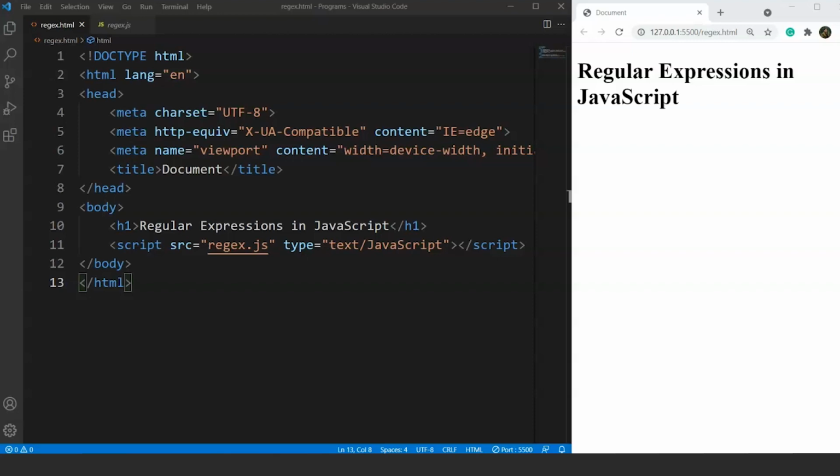So regular expressions are present in almost every programming language. It's not limited to JavaScript only. And the concept remains the same everywhere. The syntax may differ a bit between different languages, but the logic behind them will always be the same. The name might be a little bit confusing, but the reality is entirely different.